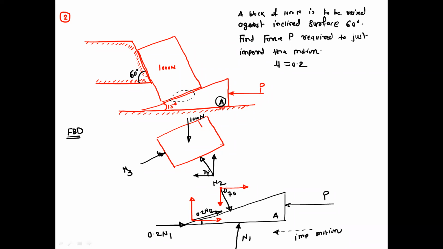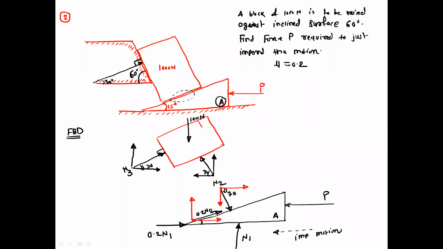So this is perpendicular. So angle of N3 with respect to x-axis, you can find out. So this is N3 perpendicular. This is 60 degree. So this angle will be 30 degree. So this is 30 degree with respect to x-axis. So you can resolve this. So these are x and y component for the reaction N3.